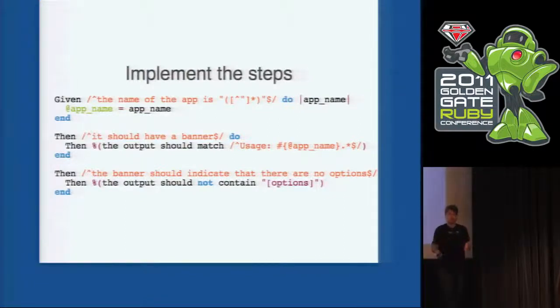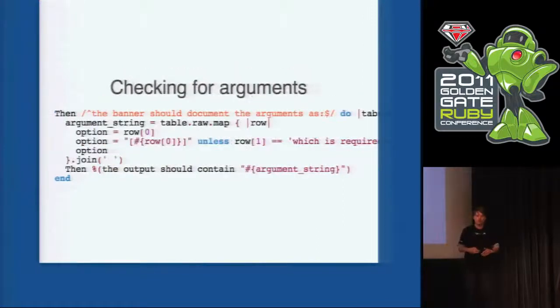And then, if we want to indicate there's no options, we make sure that the square bracket options is not in the output. For checking the documentation of the arguments, we're going to build up a string that represents what we want to see in the help. That string would be .files repo space square bracket checkout dir, because square brackets means optional. So we'll just build up the string with some awesome Ruby mapping